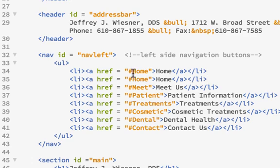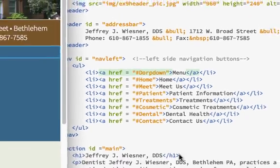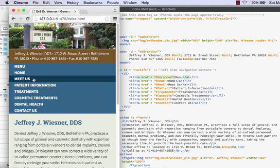And I'll paste it in there, and I'll just change my link name. I'll just call it dropdown. It doesn't matter what the link name is right now. And also the word home, I'm going to change to menu. So I'll change that. But then also, even if I save, you could save this as you go. If you save this and you go here and you refresh this, now I have this